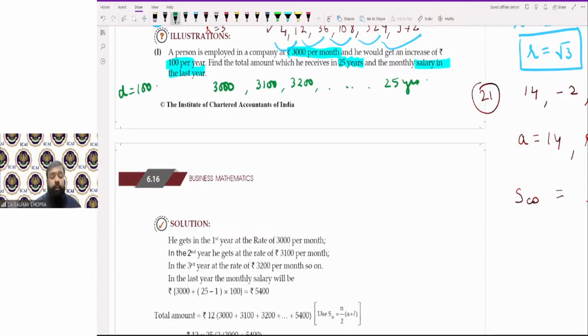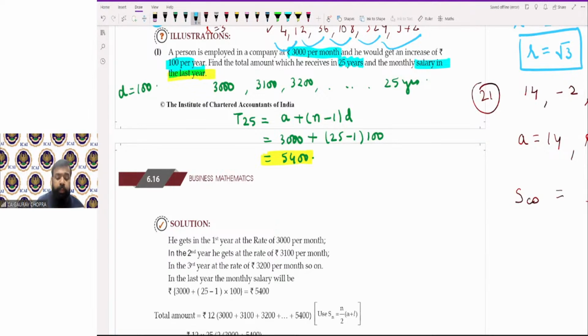तो यहाँ पे आप टर्म नंबर 25 कैलकुलेट कर सकते हैं। क्या फॉर्मूला था, a plus (n-1) into d, so 3000 plus (25 minus 1) into 100, so what will be the result, 5400 will be the salary in 25th year। तो 25वें साल में लास्ट ईयर में जो सैलरी रहेगी दैट विल बी 5400। तो यह आंसर तो आपके पास आ चुका है, बट अभी आपको सम चाहिए कि टोटल 25 इयर्स में कितना पैसा मिलेगा।